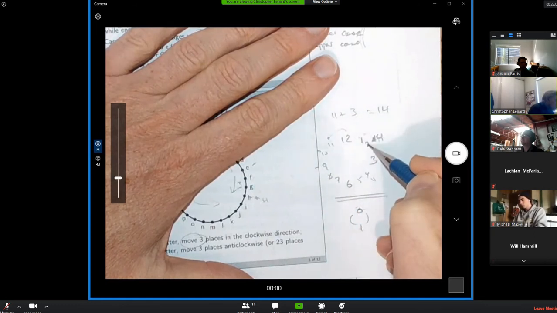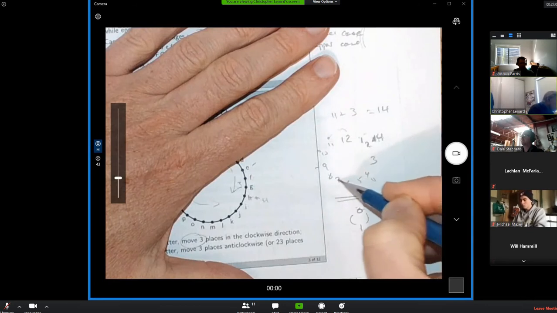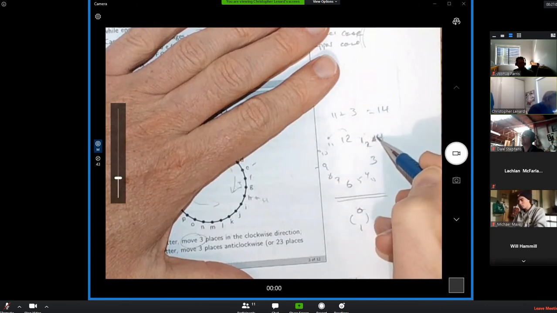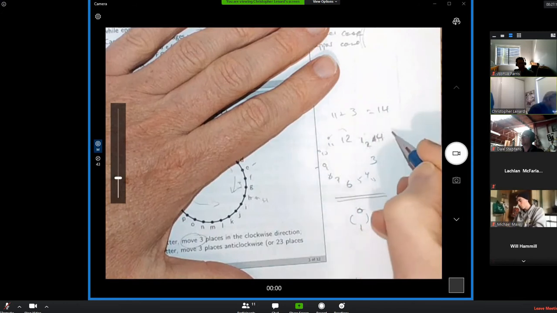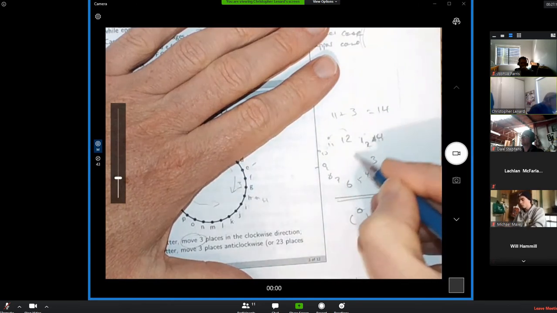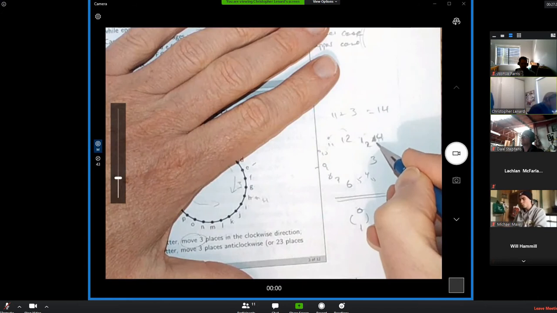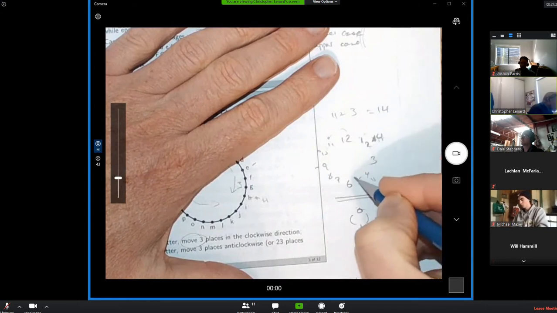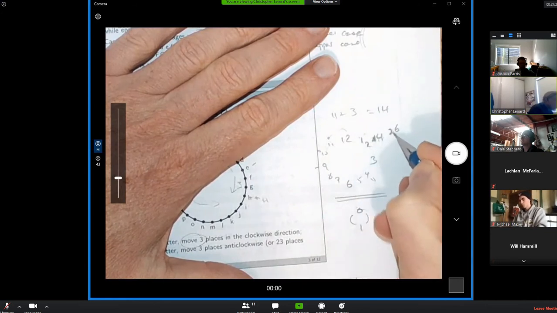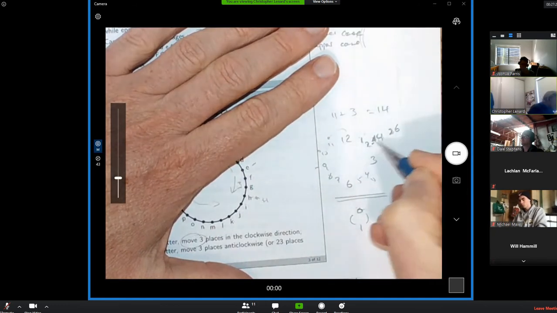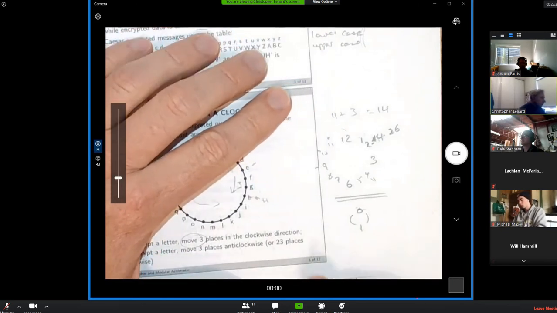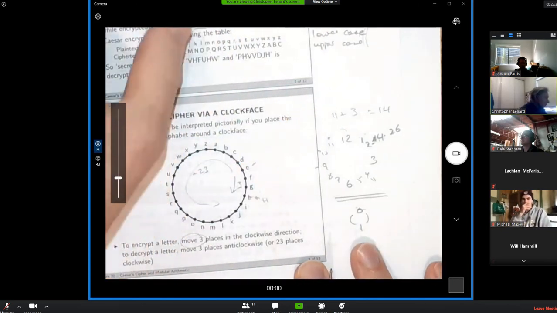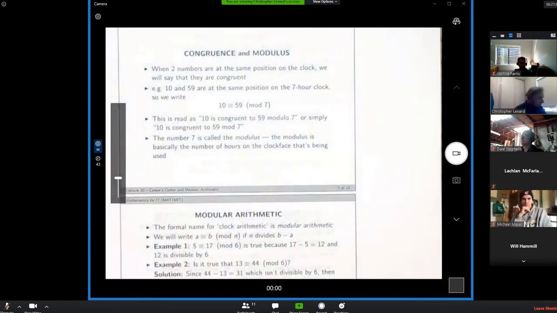Similarly, if I go ahead another 24 hours, where would I be? Well, 14 to 15, 16, 17, 18, all the way around here, another 12 hours, my mistake. Another 12 hours from 14 o'clock would get me to 26 o'clock. Okay, so 2 and 14 and 26 are basically the same thing. There's really no difference between them. And that's what